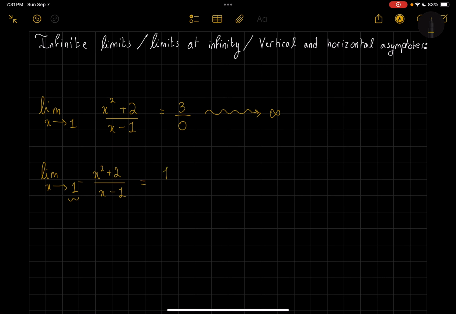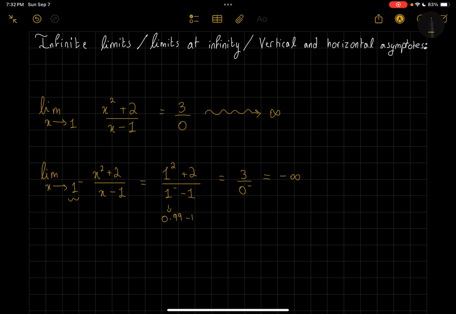So it would be 1 to the power of 2 plus 2 over 1 minus 1, which is going to be 3 over. Now, 1 minus is basically 0.999, right? And minus 1, it means it's going to be a negative number. That means it's going to be 0 minus. So 3 is a positive number and 0 minus is a negative number,